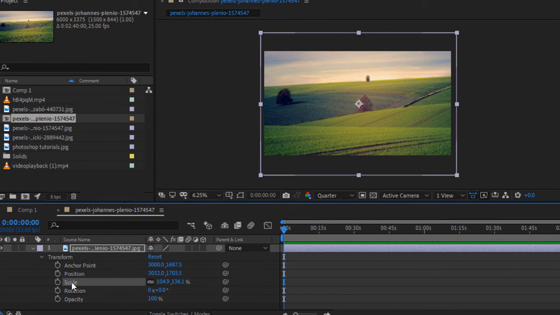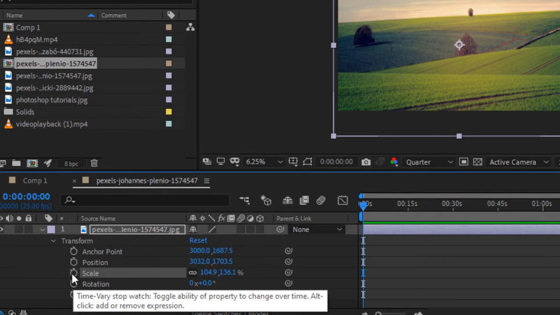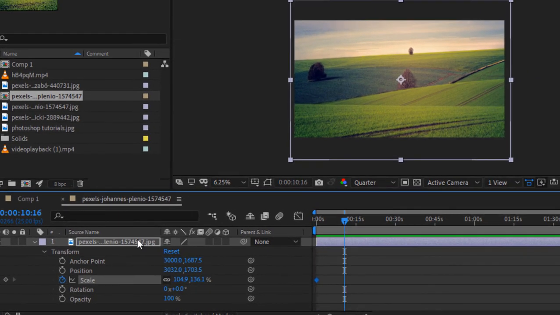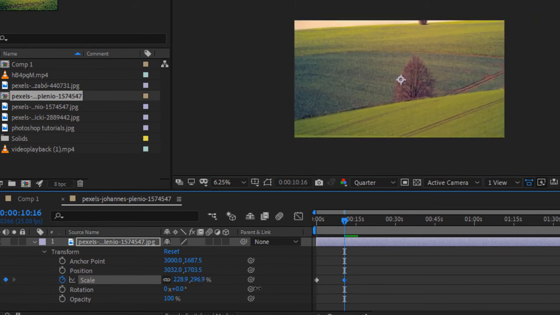Alright, so right to the left hand side you see the stopwatch icon. You're going to click on it. Alright, so this is the beginning of the keyframe. Alright, so you're going to scale by adding keyframes. Alright, so you're going to go down a few seconds and you're going to add the new properties for the scale, and that's how you will scale